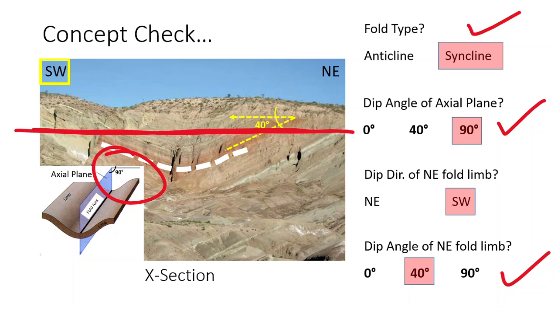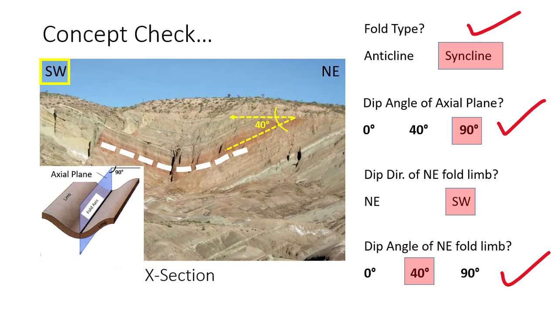And you can see in this diagram down here that dip angle is 90 degrees. Again, if my plane is vertical, then the dip angle is going to be 90 degrees. If my dipping plane is flat, if it's horizontal, the dip angle is going to be 0 degrees. And if my dipping plane is roughly halfway in between being flat and vertical, that would be a 45-degree dip angle. So in this case, if we focus on the northeastern limb of the fold, we're really talking